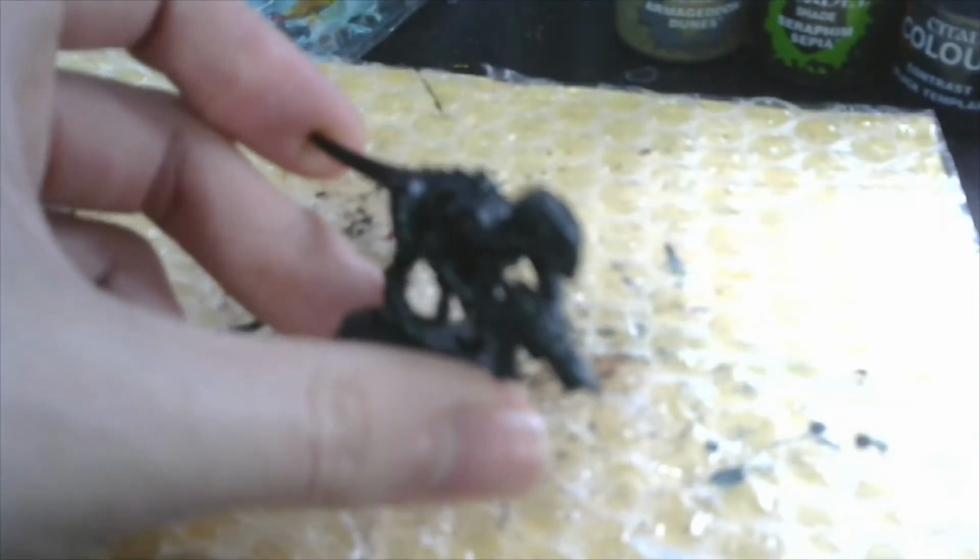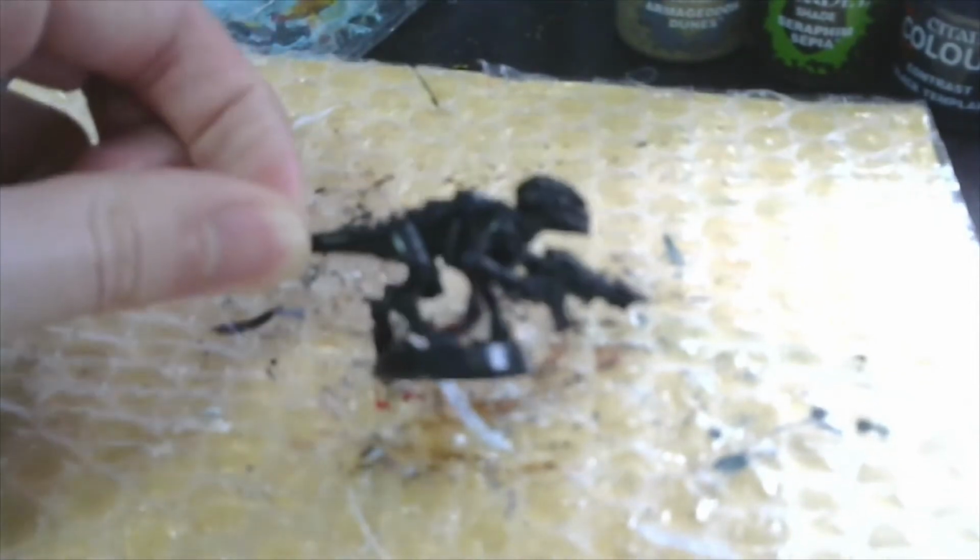Greetings, folks! Today we are going to paint a custom Tyranid Hive Fleet I've created called Hive Fleet Bahamut. This color scheme will consist of a very heavy purple theme. We are going to be covering the carapace with a light purple